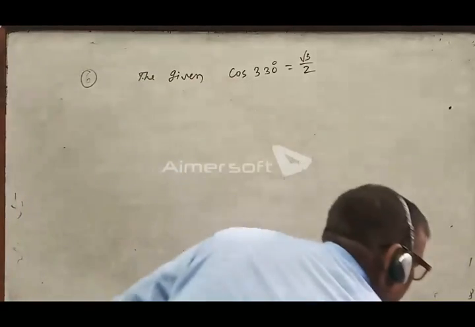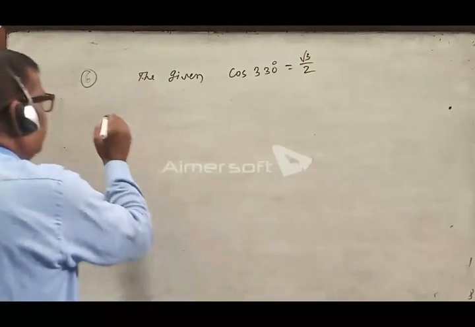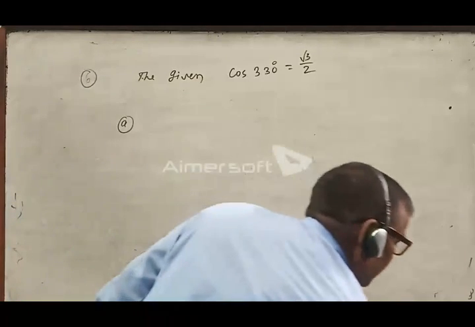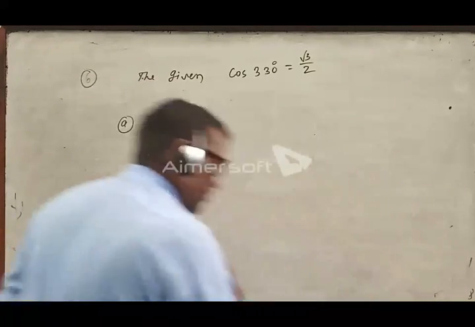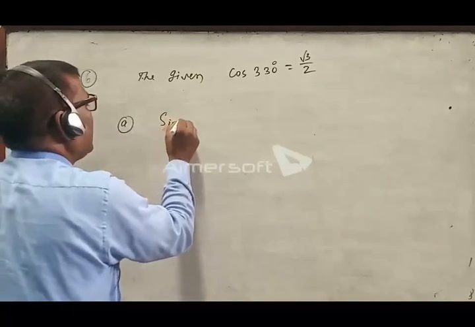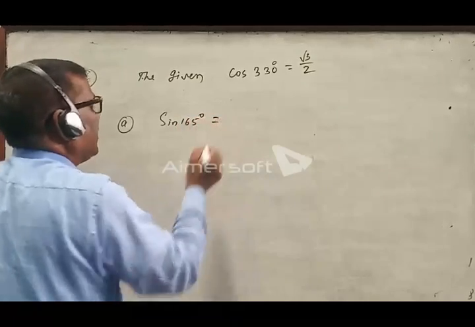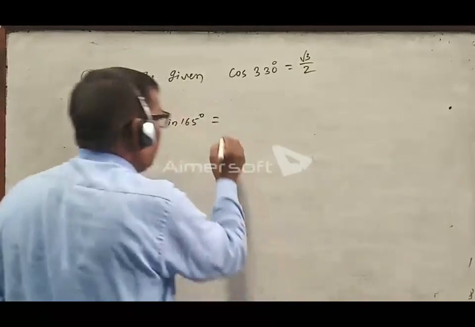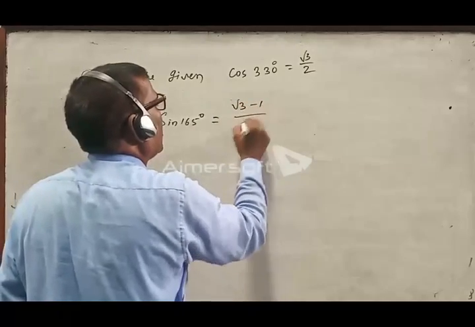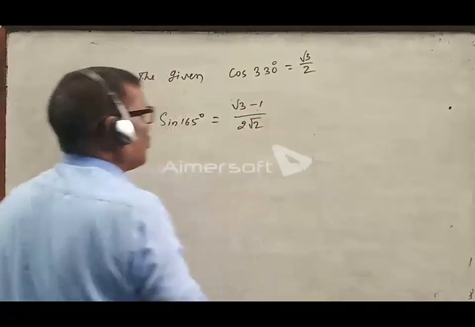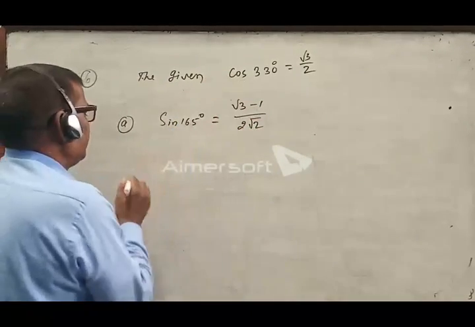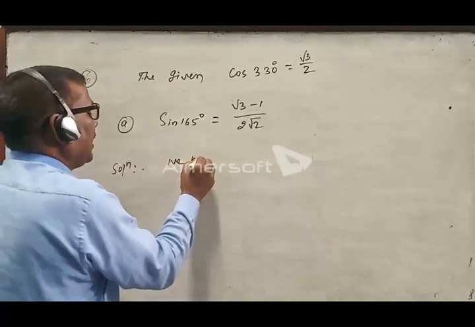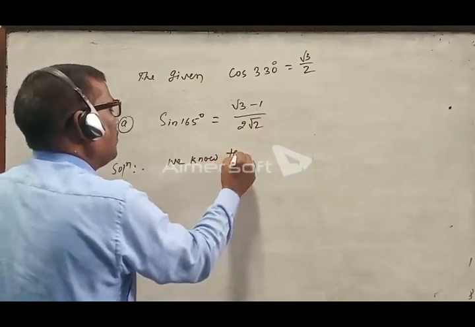15 degree. Question number A. Sine 75 degree is equal to root 3 minus 1 by 2 root 2. Then to prove this from the given solution, we know that from the question,